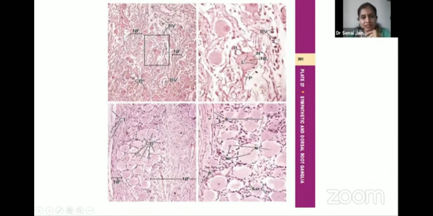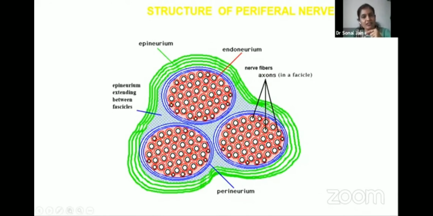Now the peripheral nerves. As you know, the muscle has the coverings endomysium, perimysium, epimysium. The same is for the nerve also. So this axon, one individual nerve fiber, is covered with the endoneurium, and this bundle of nerve fibers is the fascicle. They are covered with the perineurium, that is the blue structure, and these 3 to 4 fascicles are covered with the epineurium.